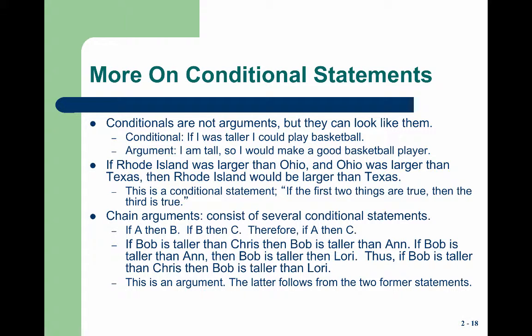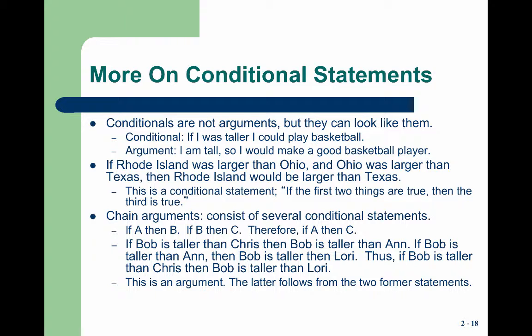For instance, this first example in the conditional statement, if I was taller, I could play basketball. If I was taller being the antecedent, I could play basketball as the consequent. It isn't asserting that they could play basketball. What they're saying is that if the first statement were true, the second statement would be true. And they're certainly not asserting that they are taller. They're saying that if they were taller. So it's not an argument. To make an argument out of that topic, it would have to be something like, I am tall, so I would make a good basketball player. The I am tall part is the premise, the evidence,